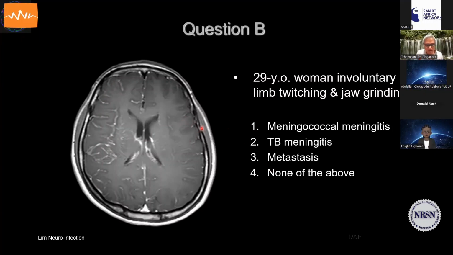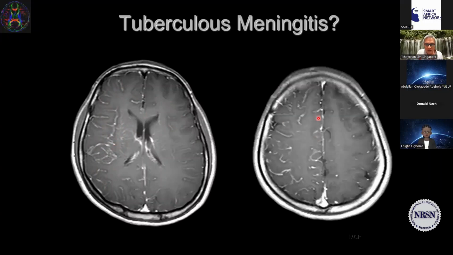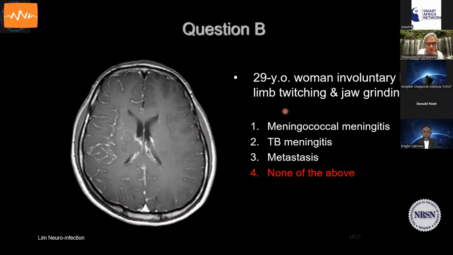So here we have a patient with abnormal prominence of the sulcal areas, and it's unilateral, and it also affects some of the deep venous structures as well. Here is the other slice, and we were very concerned for tuberculosis, but the patient did not have a fever. The patient was relatively well. In fact, she was an outpatient, and we recalled her,